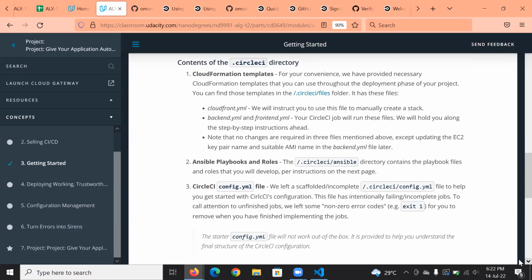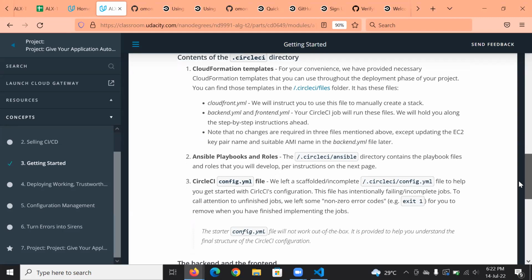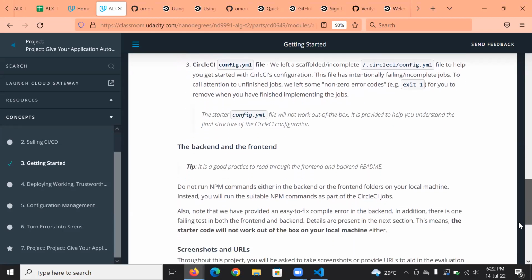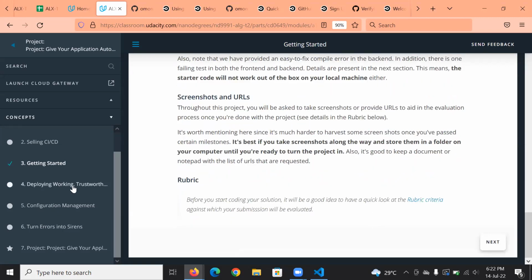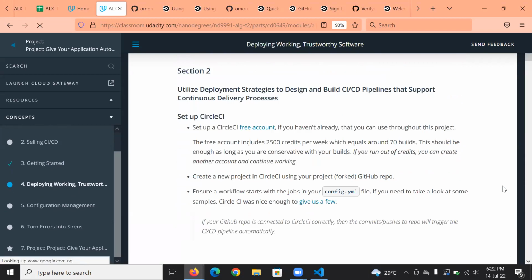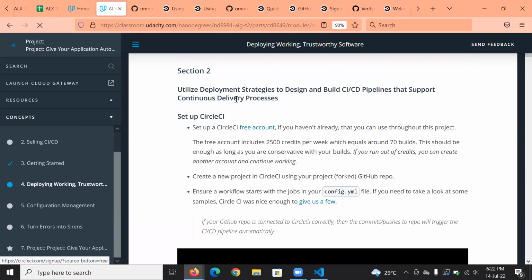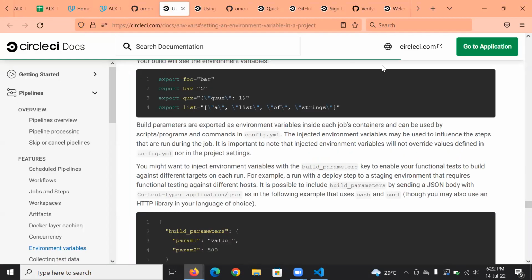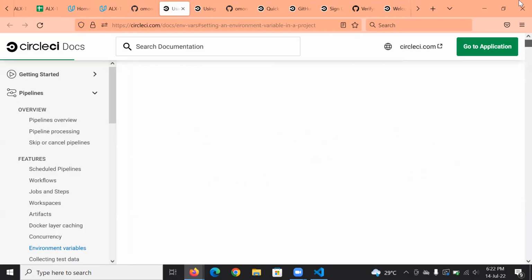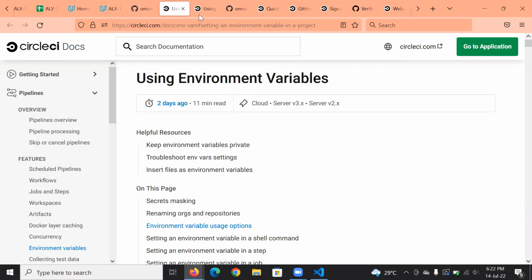So you can pretty much just scroll down and go over to deploying. Yeah. Next, okay. So I already set up my Circle CI account. Yeah, you have an account ready. All right, that's fine then. So just go over to, I think the next thing is just go over to, okay, I think